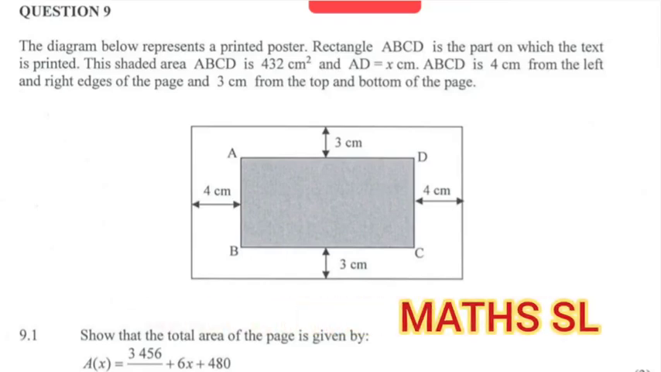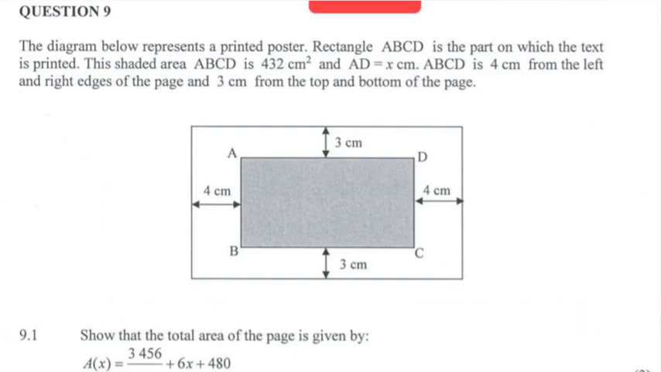I'm Saqib Latif. This is the question from the November 2023 NSC exam. The question says the diagram below represents a printed poster. A rectangle ABCD is the part on which the text is printed. This shaded area ABCD is